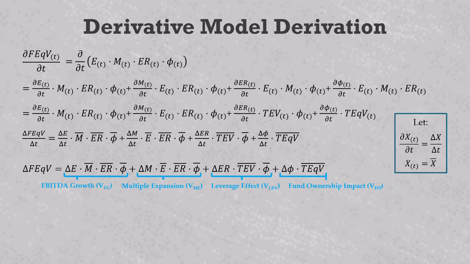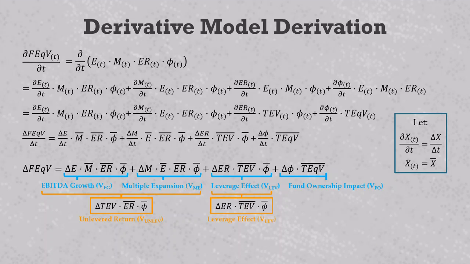So you see that the value creation formulas tend to be symmetrical like that. Just like EBITDA growth is delta E times M and multiple expansion is delta M times E. These two combine to produce the unlevered return, which has the change in enterprise valuation times the average equity ratio. And this is the mirror image of the leverage effect, which is the change in the equity ratio times the